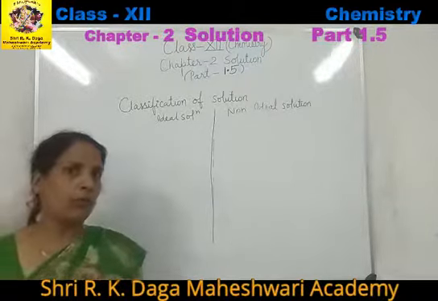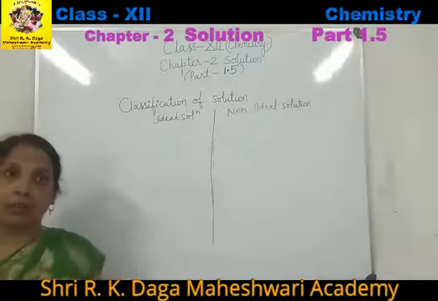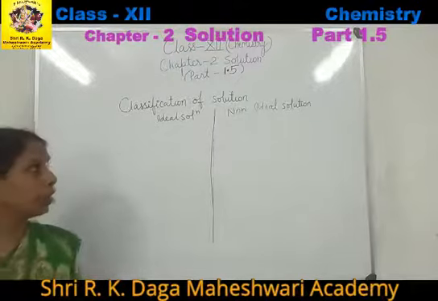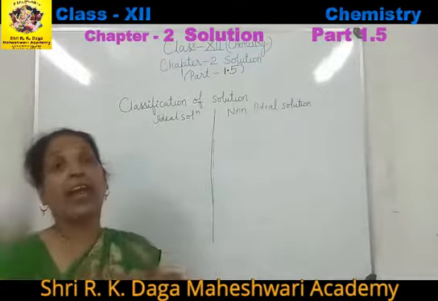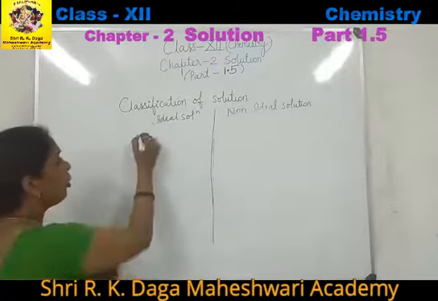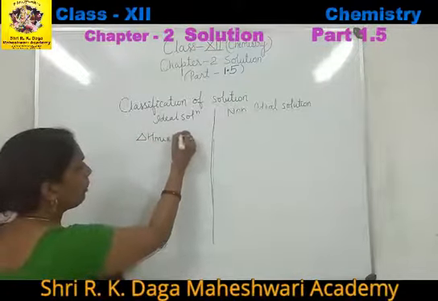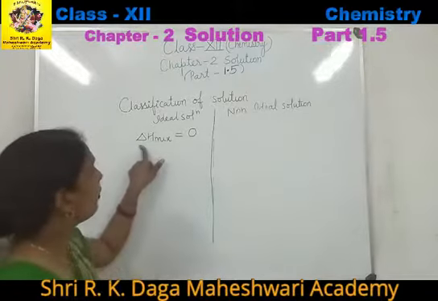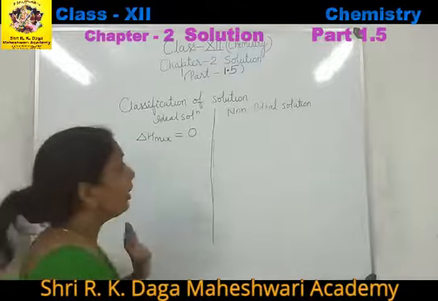So there are two types of reaction, one is exothermic and one is endothermic. When heat is liberated we call it exothermic reaction, and when heat is absorbed we call it endothermic reaction. So during the formation of a solution, if we are mixing two components and the solution formed is ideal, there will be no liberation of heat, means heat will neither be evolved nor absorbed, means after mixing the two components, the change in enthalpy of the solution will be 0.